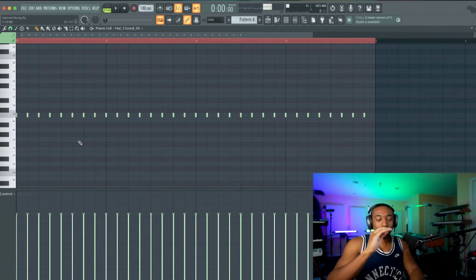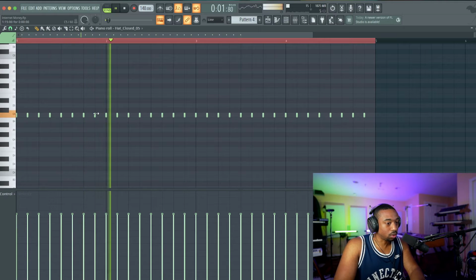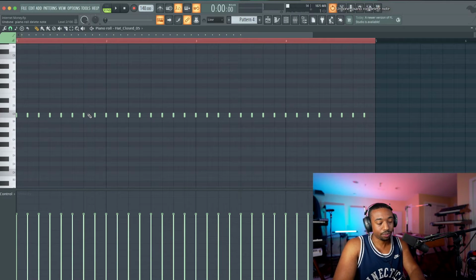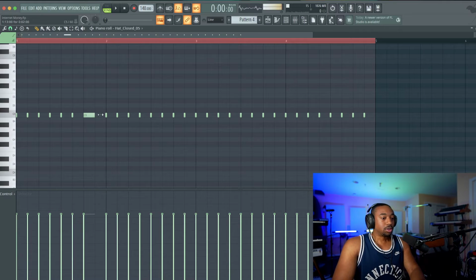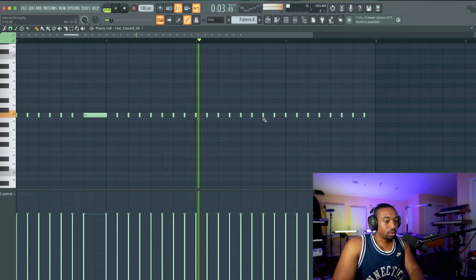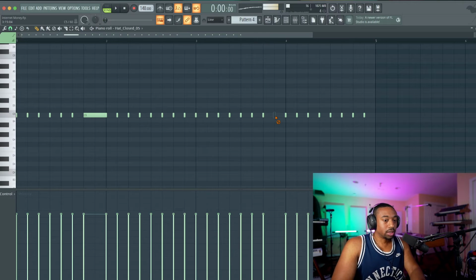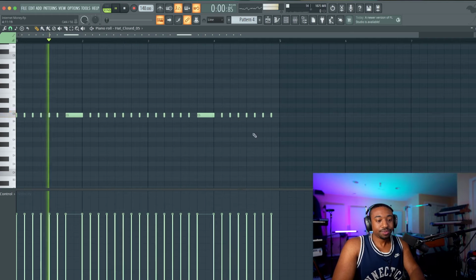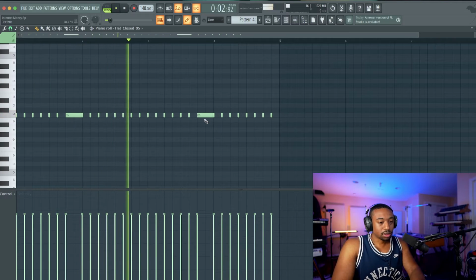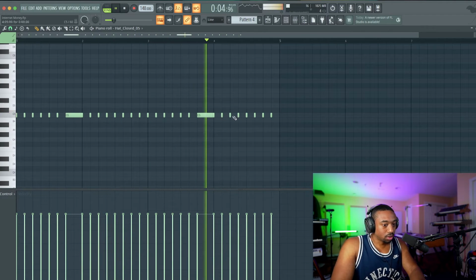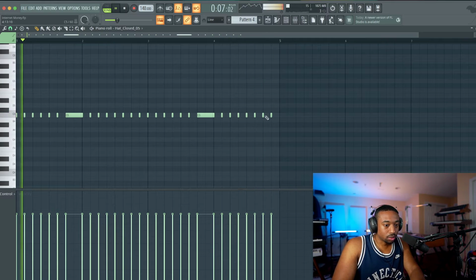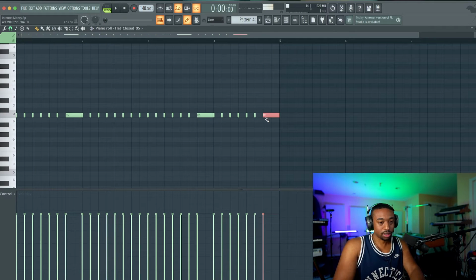So let's first mark where we want the hi-hat rolls. Let's just start there. 1, 2, 3, 4, 1, 2, roll, 1, 2, 3. Every time I want to roll, I'm gonna drag the note out. 1, 2, 3, 4, 1, 2, roll. I'm gonna delete the note, hit Control L, another shortcut to drag that. Okay, so that's where I want these rolls.